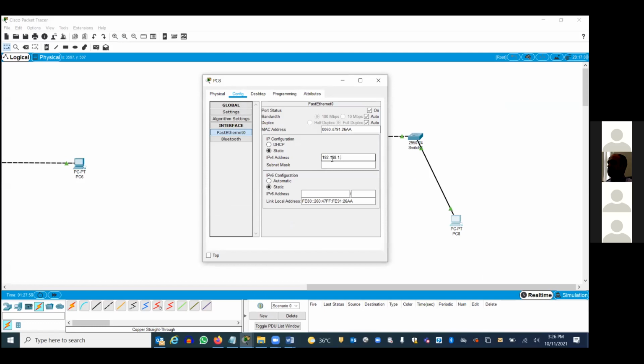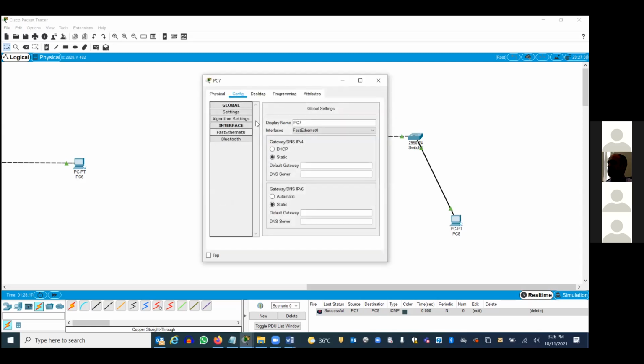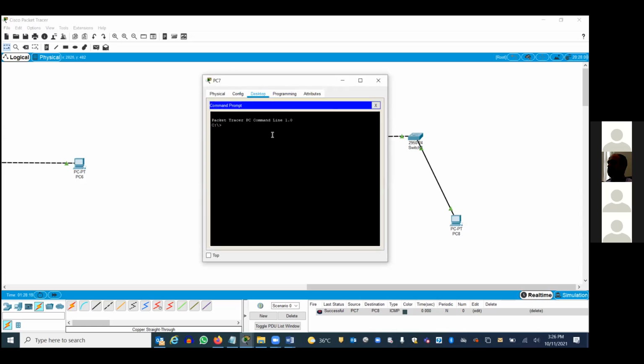What is the IP there? 11. Okay, so how to check it? Two ways you can check it. Is it working? Correct, right? So what is the other way of checking it? Desktop, ping 192.168.1.11, right? Correct? Is it working?